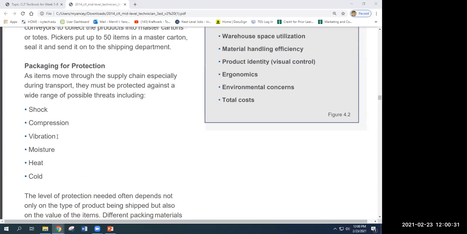Most of the trucks now have air ride suspensions to keep the load from taking all the vibrations. But you've drove on Indiana roads and you've seen our potholes. So all the air ride in a helium balloon wouldn't help it. But so we're talking about vibration from actual transportation. And it could be even from forklifts picking up the box and moving around. There's vibration from that too. Moisture,